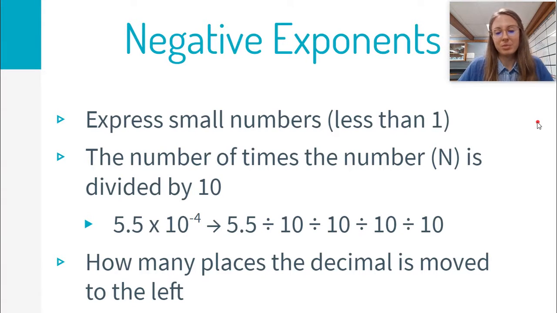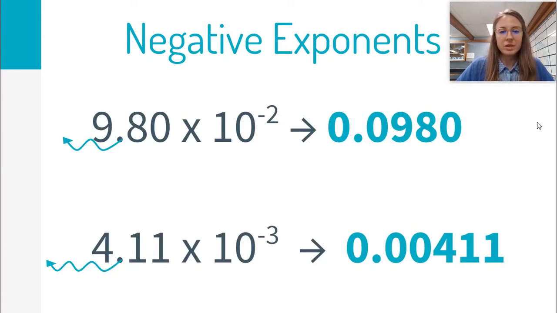It's also the number of places that you move the decimal to the left. So let's go into some examples. If we have 9.80 times 10 to the negative second, this negative 2 exponent is telling you that you are moving the decimal to the left 2 spaces. So when we move this to the left 2 spaces, the decimal is now here, and we fill this empty space with a 0 to get the answer of